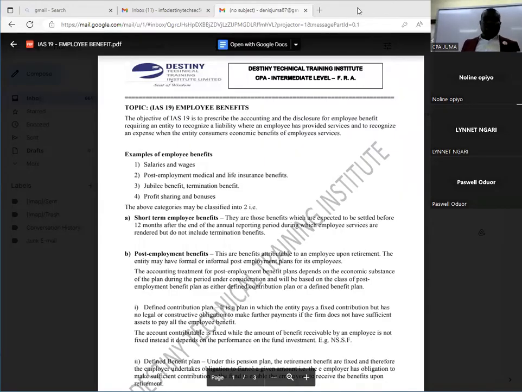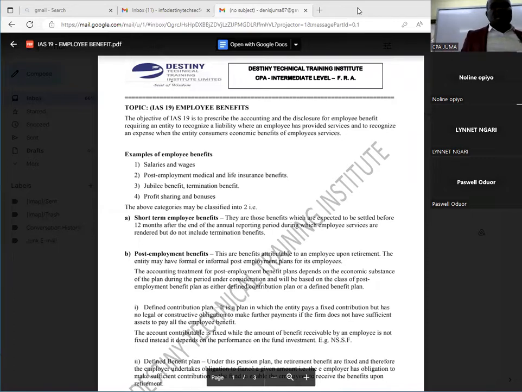So let's check this topic. This topic, IAS number 19, employee benefits. The objective of IAS 19 is to prescribe the accounting and the disclosure for employee benefits, requiring an entity to